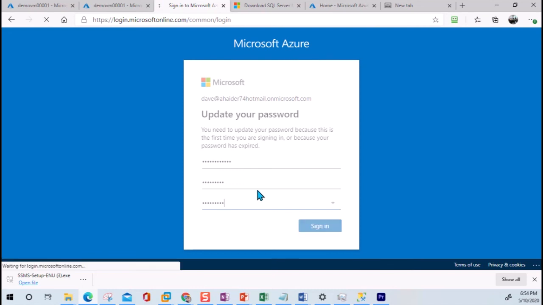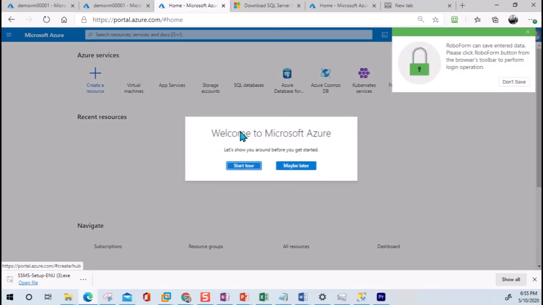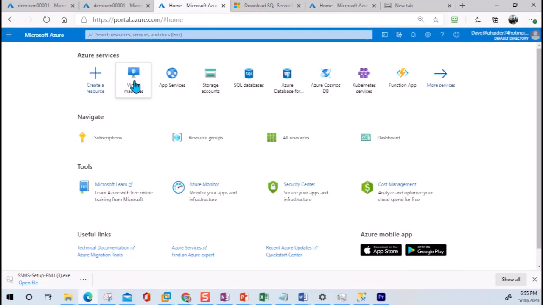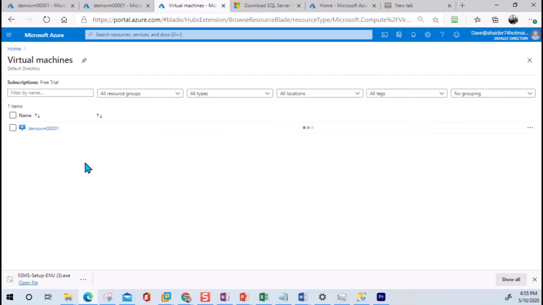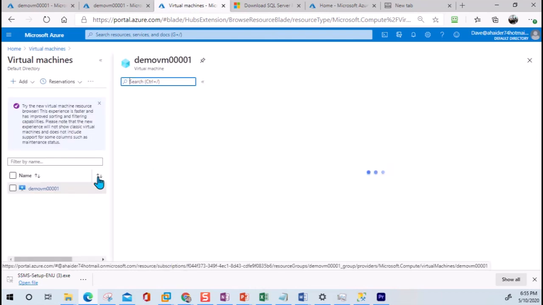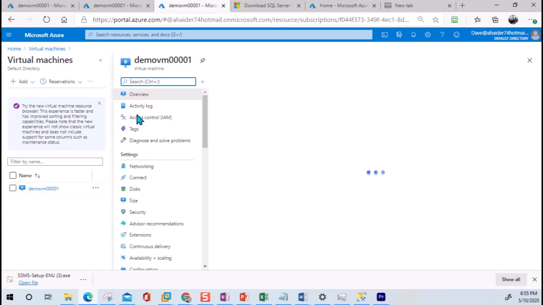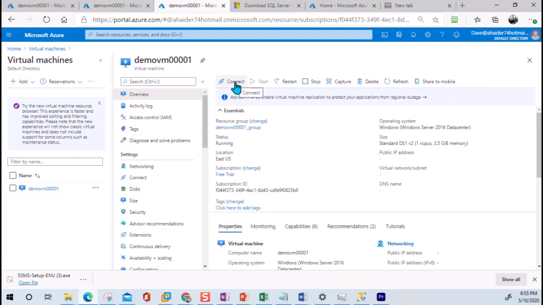So here we assigned a new password for Dave, and Dave won't be getting that Azure message because we already provided him access to one of the resources. So if we go to virtual machine, he will be able to see the virtual machine. He won't be able to see anything else other than this virtual machine, because this user doesn't have any other access. So in here with Dave, you can connect to a virtual machine, and you can restart,